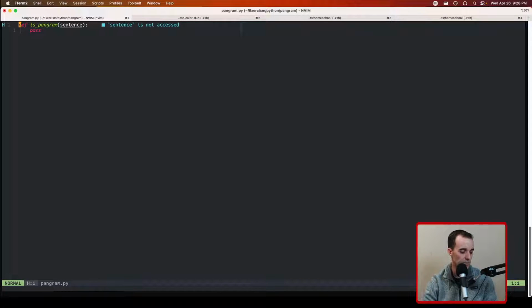So I think what I'm going to do is let's try a version that builds up a dictionary that has all of the lowercase letters and goes through and checks and will mark every letter as true if it exists, and starts off with false, and then at the end we can check if all of the values in that dictionary are true. So how can I do this? We can do